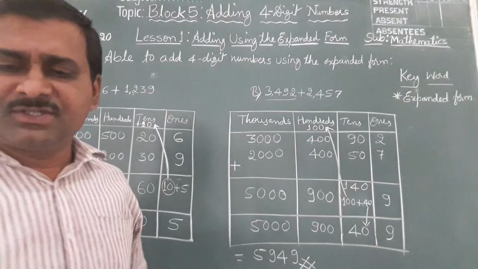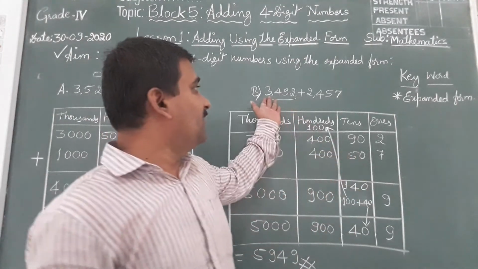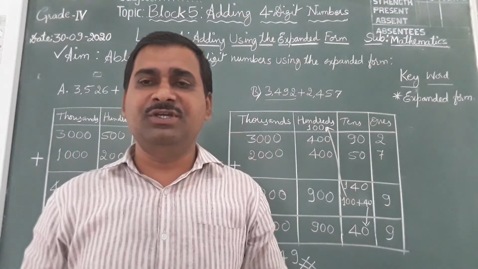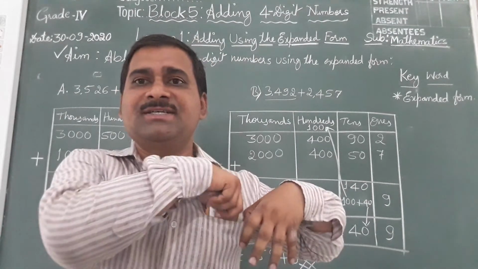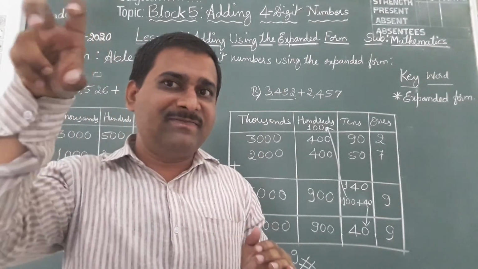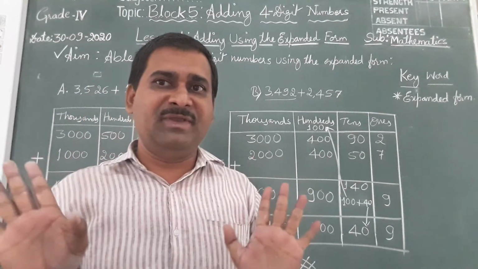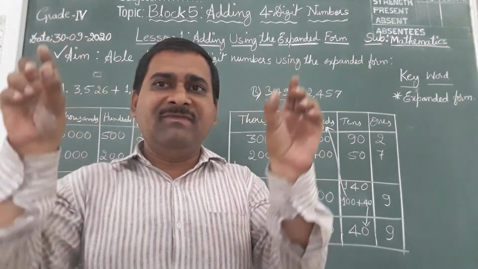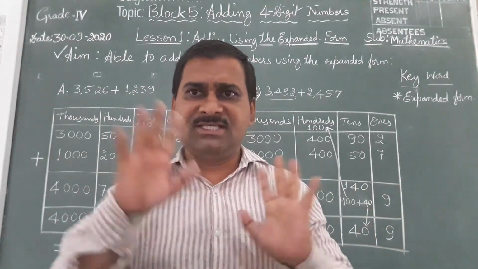Understood children? So such types of questions will be there, where a 0 will be given in the number to confuse you, and expanded forms will also be given and you will be asked which is true and which is false. If there is a 0 in the number, in the expansion that place value should not be there. If 0 is in the hundreds place, 100 should not be there in the expanded form. In the same way, a number will be given with 3 answers and we should select which is the correct one. Such types of questions.